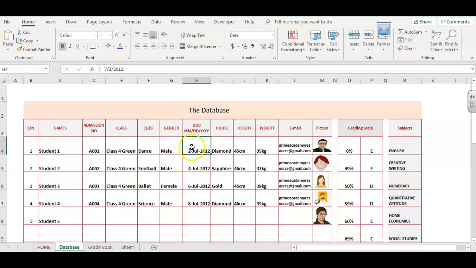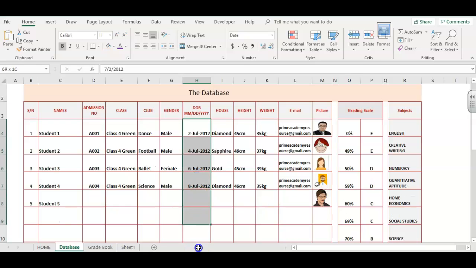Now if I click this cell, what I have here is 7/2/2012. Now what comes first is the month, followed by the day and the year. Month, day and year. That's why it is 2 July 2012. Now to format it this way, you just select all the cells down,